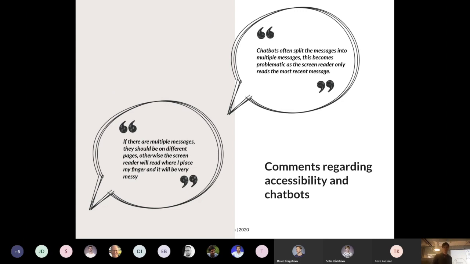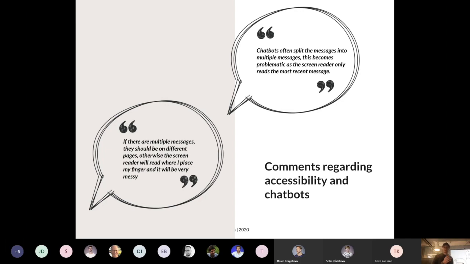In the literature that I read, I found out that screen readers, which is a technology for people with disabilities to read text out loud, when they use chatbots, often the messages are split into different pages or different messages, and only the latest one is read.